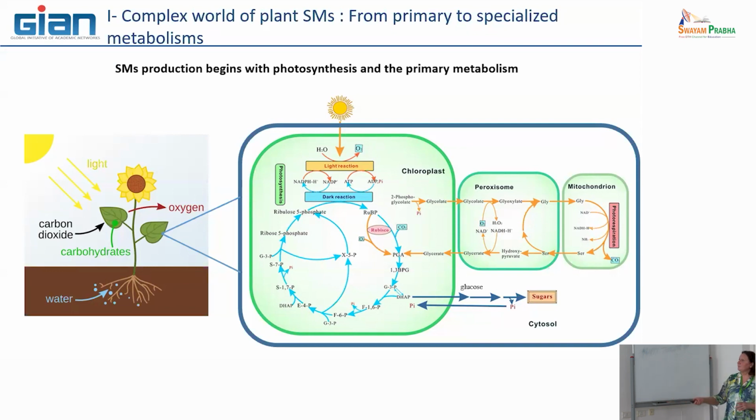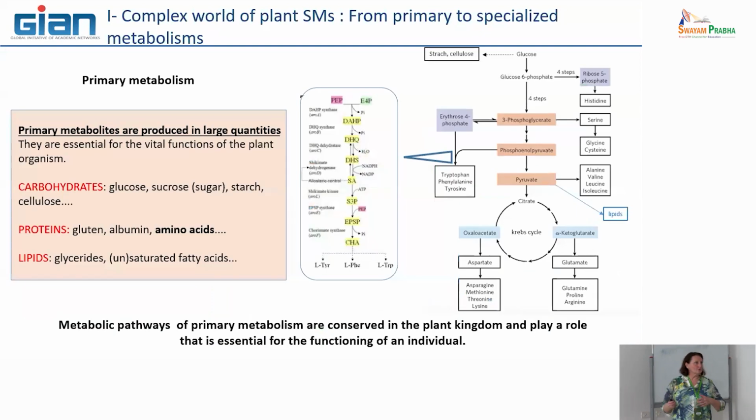So the three main categories of the primary metabolites that are completely linked to photosynthesis are, obviously, carbohydrates, with glucose, the main molecule produced by the plants. After this, glucose can serve to develop the other parts of the plant, and also proteins and lipids. Both of these metabolites are well known, but what is interesting for us is that, in fact, it is this one that is the first point to enter the system of secondary metabolites.